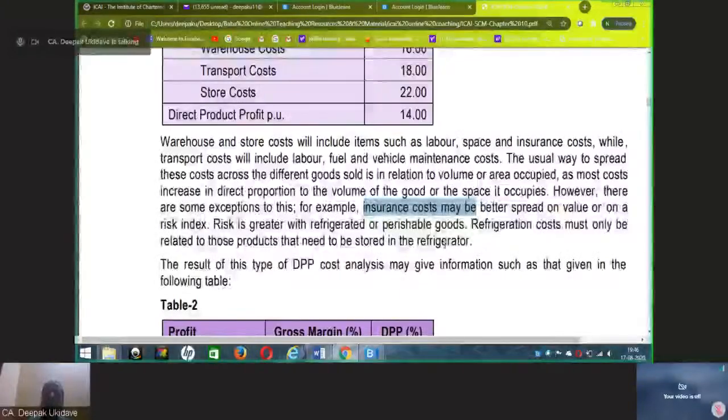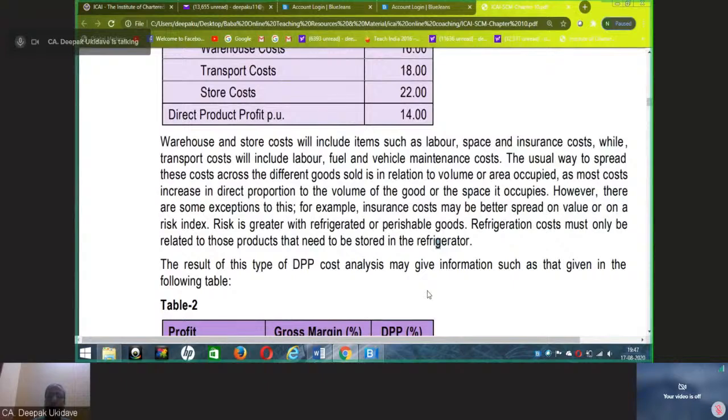So these products, when you are transporting, you have to assign the cost on the basis of the cost of refrigerated van. So that is what is the activity. So perishable goods or costly products which require special transportation facility, there is a greater risk involved. So risk also is an